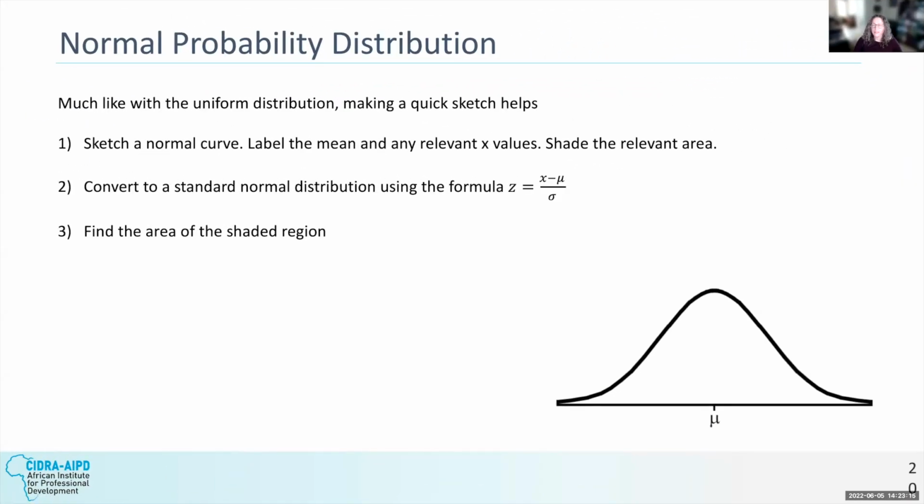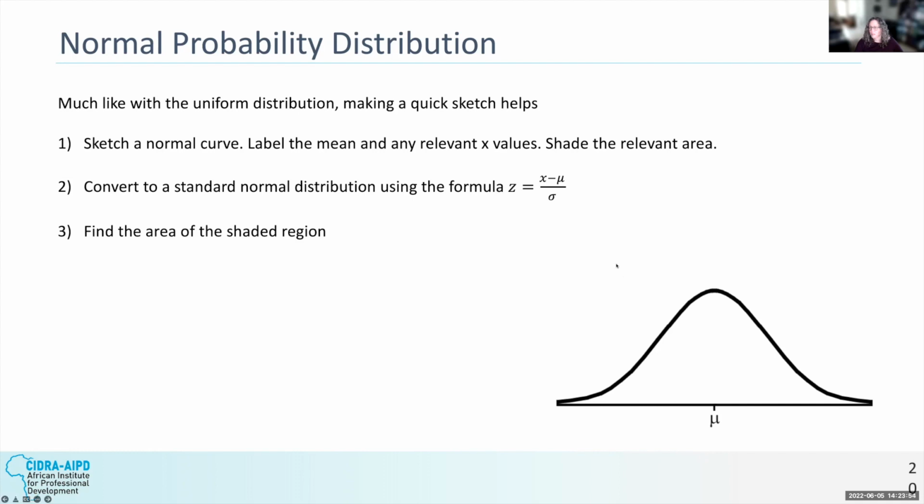So given that we don't always have a mean of 0 and a standard deviation of 1, we've got to find out a way to find that z-score when we have a different mean and standard deviation. So what we're going to do in anything like that is we're going to sketch the normal curve like I always do. We're going to label the mean and any X values that you want to test and shade the relevant area. Then you will use this formula, z equals x minus mu over standard deviation, to find the z-score,